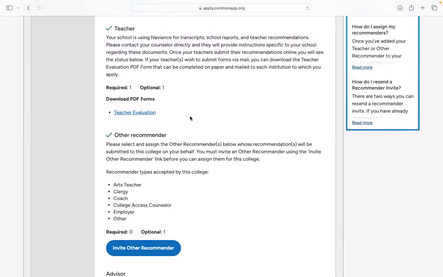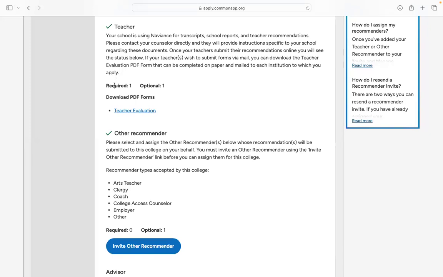So rule of thumb, very important, 2 core teachers. Regardless of requirement for some of your schools, you'll be able to decide which teachers and in which order you'd like the school to review them. But here you can see American requires one and an additional one is optional. So you can upload both your core teachers. So what is a core teacher? It is a teacher that teaches math, history, English, or science. They need to have taught you a full year, not an elective. Most recent years are best, right? Because they're seeing your growth. So that's something I would tell you to think about.